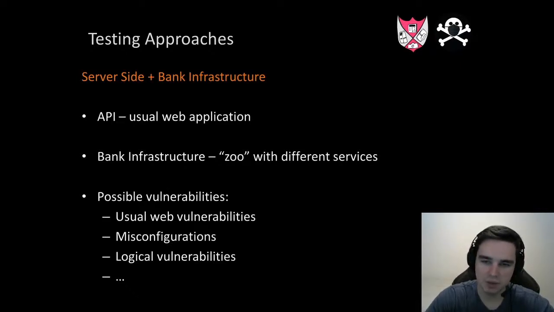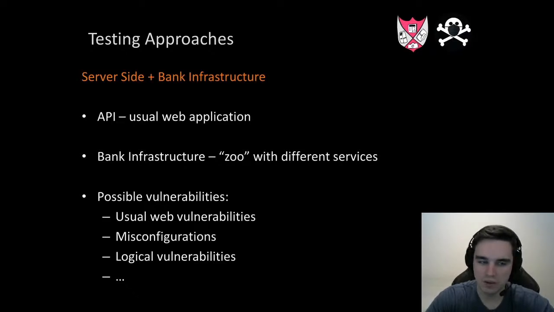So the API is a usual web application, so it can have any web vulnerabilities. If we're talking about the possible vulnerabilities, like I said, they are the usual web vulnerabilities. It is everything from the OWASP. You can just take the OWASP checklist and any vulnerability, especially those most related to the server side. Also there are misconfigurations. It can be anything, like Nginx misconfigurations, maybe other things,